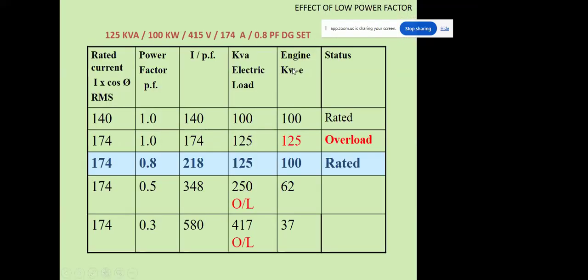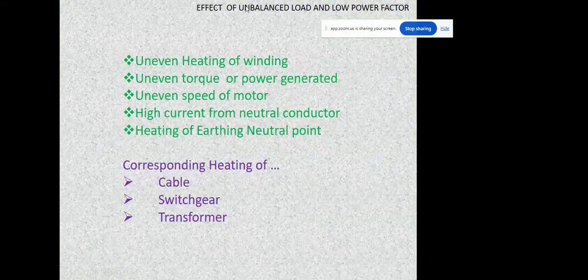I will give you one example of unbalanced load. Suppose there are three workers, three laborers working at a construction site, and they are just placing the weight, and the weights are not equal, there are unequal weights to lift. So when there is more load, one phase gets more load, so thereby the heating will be more. So uneven heating of the winding will be there, currents will be imbalanced,